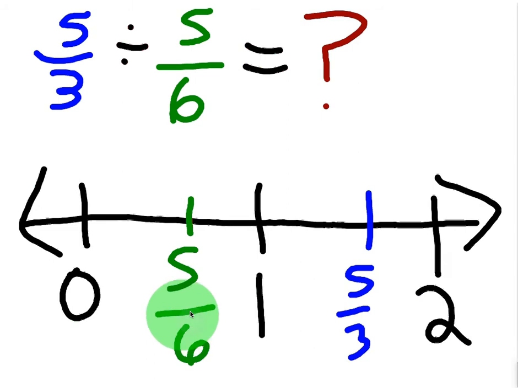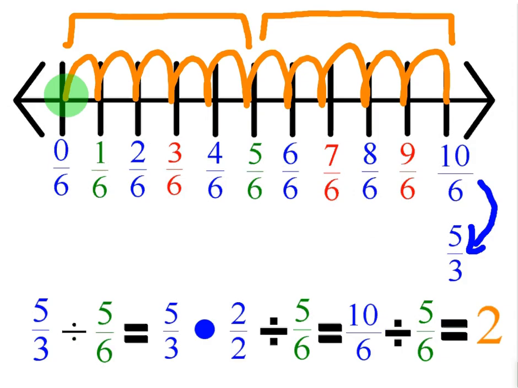So here we have 5/6 on the number line, and here we have 5/3. So the real question is, how many times does 5/6 fit into 5/3? And that's what we're going to investigate today. And just like the last lesson, what we want to do is find a common denominator between 5/3 and 5/6. Denominator being kind of like the,